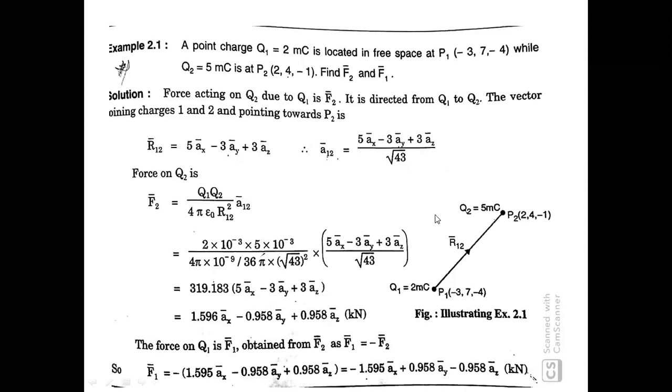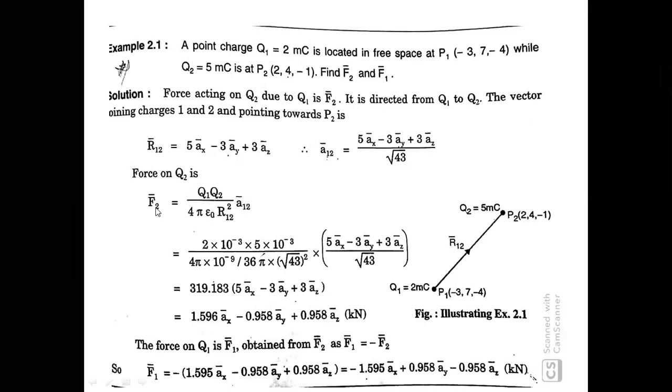Okay. Now we have to calculate the force first of all on the charge 2. So how can we calculate it? We have already been given Coulomb's law. Force is directly proportional to the product of the charges and inversely proportional to the square of the distance between them. The proportionality constant is K, and the K value is 1 upon 4 pi epsilon 0. So this one is nothing but Coulomb's law. Force is a vector quantity, so you have to indicate it with the unit vector.